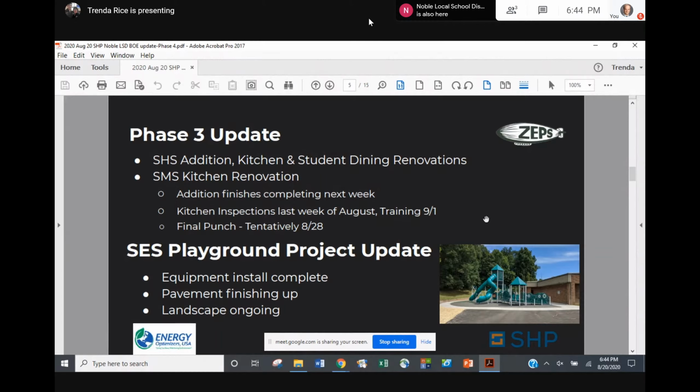There's still obviously a little bit of grading and final prep work going on, but that's all going to be finished up. I would say they'll probably be completely done by next week as well. And so, it really looks very sharp. We've gotten really high compliments from even Game Time, the installer, the folks that did the equipment and the